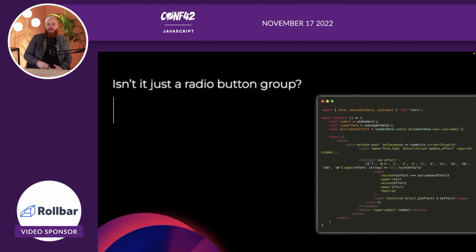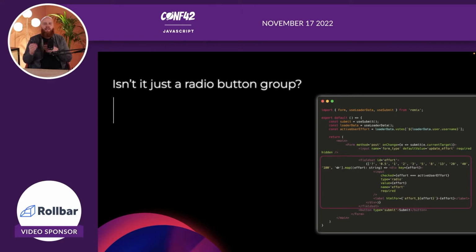Cool. So looking at that grid, and I called it a grid on purpose because I didn't want to call it a radio button group right out of the gate, but isn't that what it is? Isn't it basically here a fieldset where we have a bunch of radio inputs that have the Fibonacci sequence where you can vote. And why I'm saying this is because the radio buttons do exactly what we want them to do. You can always just have one active vote, and when you click a new one, the old one should go back to not being checked, and the new one should be. So this works really well. It covers everything that we need. So let's just build it like that.